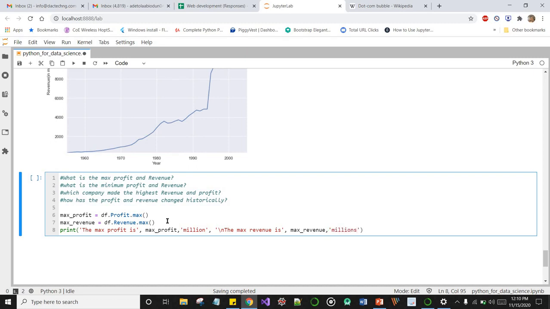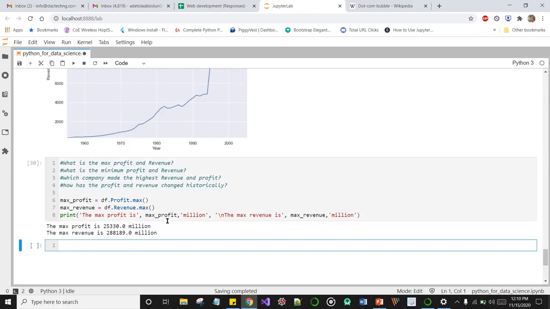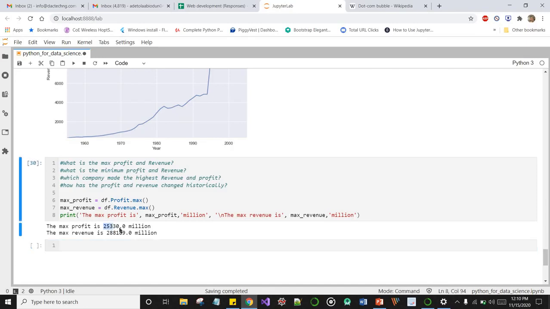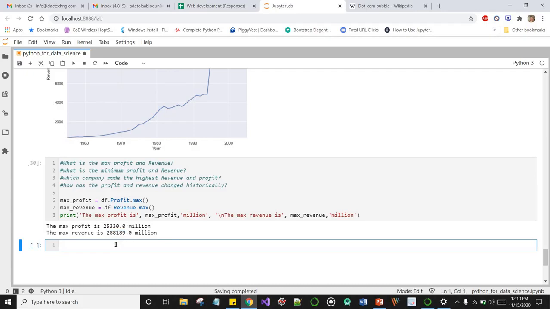Okay, if I do shift enter, boom, we have the maximum profit to be 25,330 million, and the maximum revenue is 288,189 million.